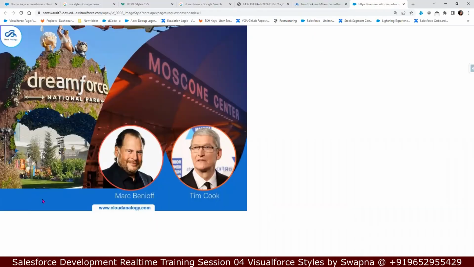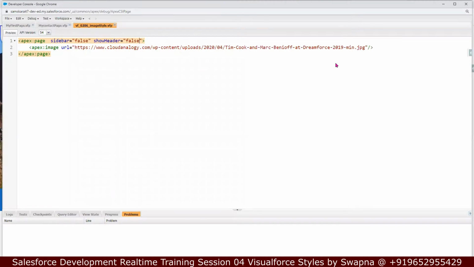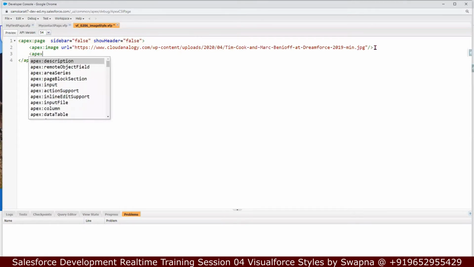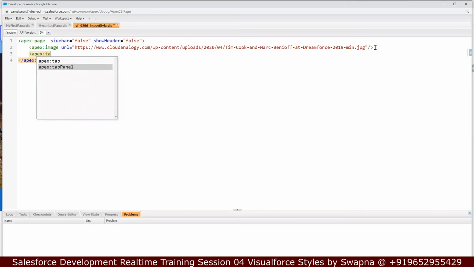Below it, I want to have tabs. We created a tab panel yesterday, right? So below the image, I want to show a tab panel. How do we do that? We all know apex:tabPanel. So inside this tab panel,